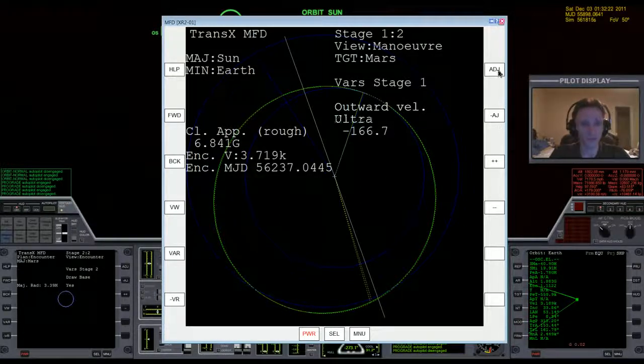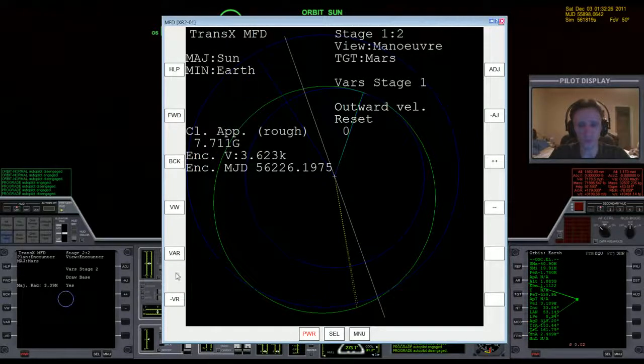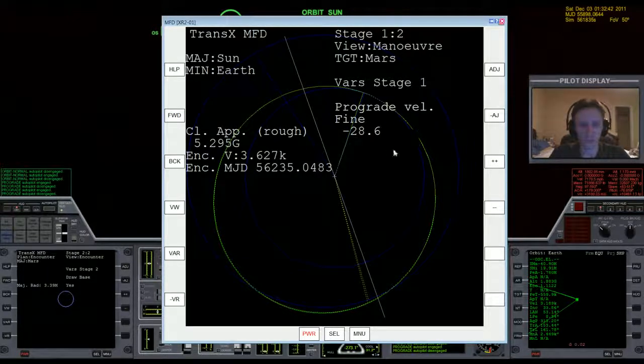So let's just reset this. And instead of using outward, let's start with prograde. Okay. Going forward's not helping. Let's go backwards. And you can see we're using significantly less delta V, and we're getting a lot more improvement. Still quite a bit of delta V to be using, but